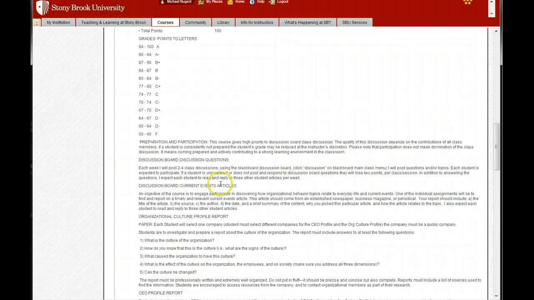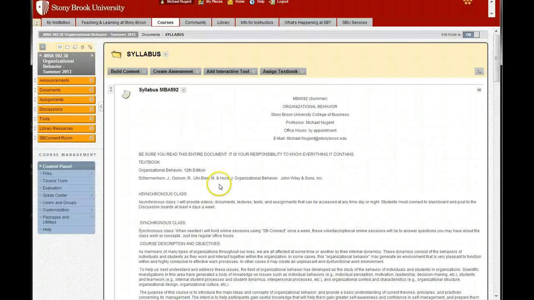When you're writing, I encourage you to go back and read this syllabus entirely, because you are responsible to know everything that it contains. It's sort of our contract for the class. So I do encourage you to go back and read over this in a little bit more detail, and send me an email or request office hours if you want to talk about any aspects of this syllabus. Okay, so that is the overview of the class.